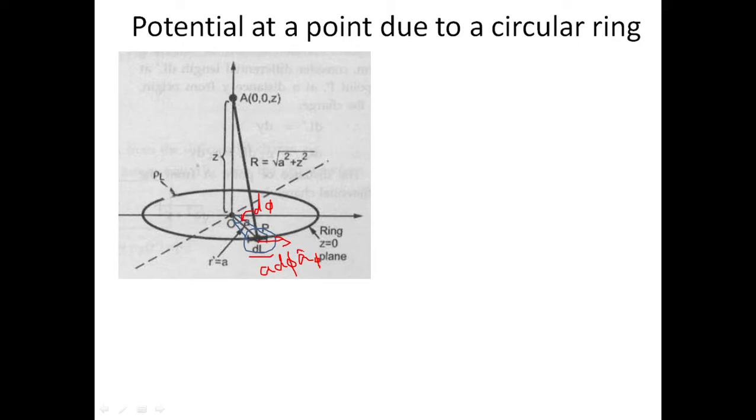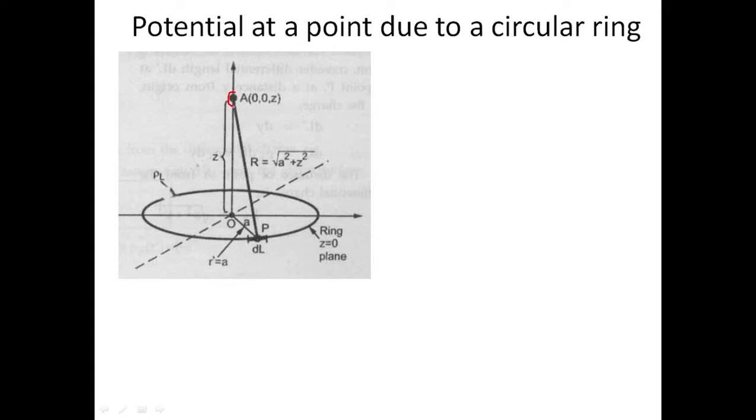It will be a phi cap. So this is dl vector. I hope it is clear, right? Now, what we are trying to do is, we have a charged circular ring here and we are obtaining